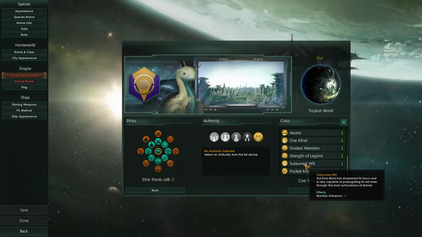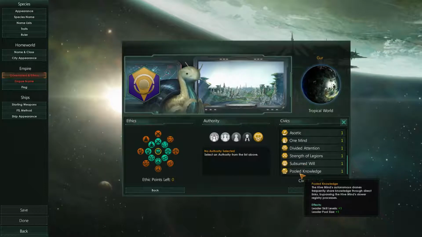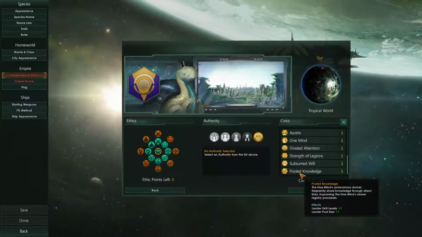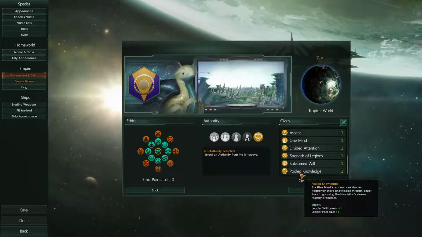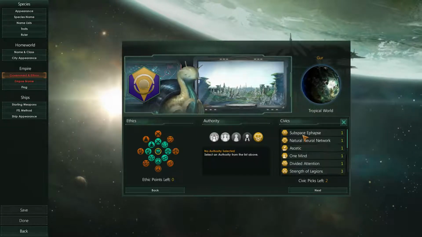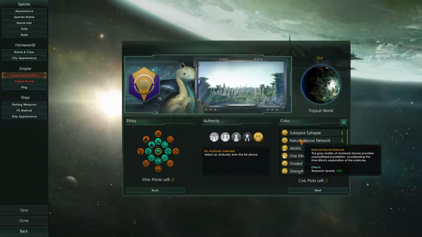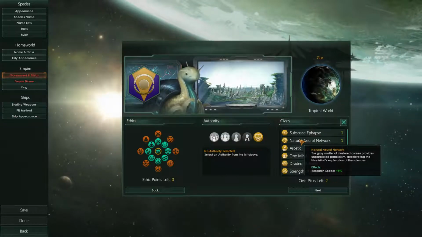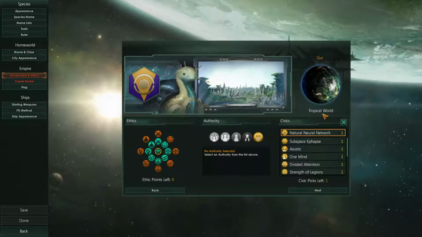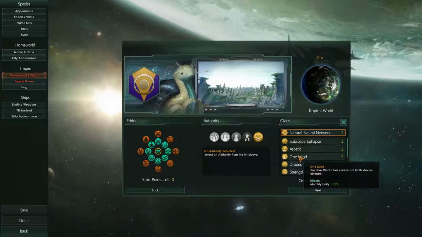20% army damage. Subsumed will. Want the influence +1? Or pooled knowledge: leader skill levels +1 and leader pool size +1. I think I like the idea of this, the natural neural network. The gray matter of clustered drones provides unparalleled parallelism, accelerating the hive mind's exploration of the sciences. So we'll grab that. And let's also grab